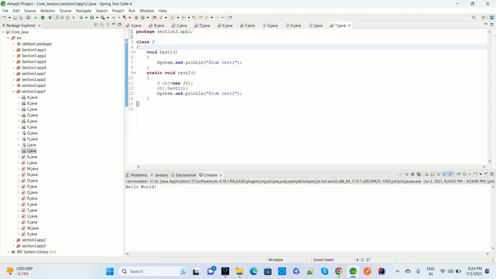And then we have this again, the J program. While we run and compile this application, we have a main method. The main method is called, and since we have a static method, test2 will be called first, and inside it they have created an object,